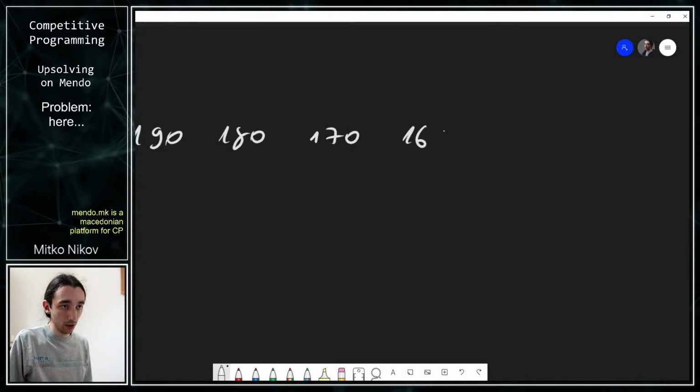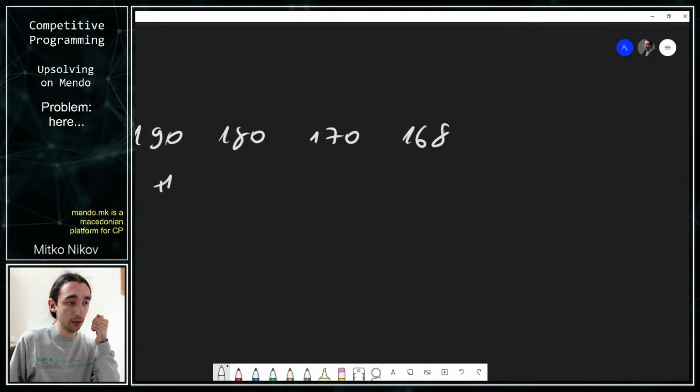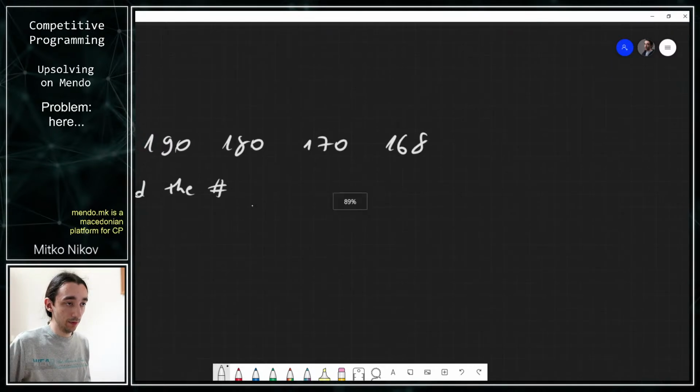I was just reading to check if I'm correct. Yes. So with this array of numbers, what you need to find is the number of triples such that,